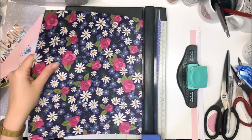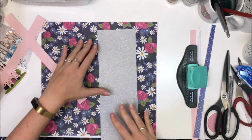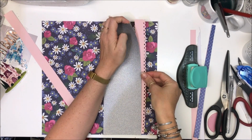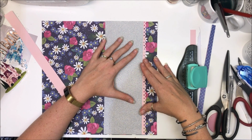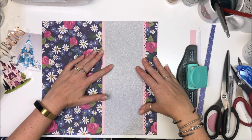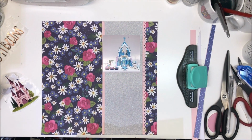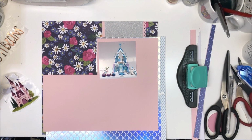One of them I used a punch. It's a scallop punch with little hearts in the scallops. And I've done one of the borders like that, and the other one is a straight edge. Now, I do save you the pain of watching me piece that together, but you will see that in a minute. I am going to pick a couple of layers to go behind my photo, and I really struggled